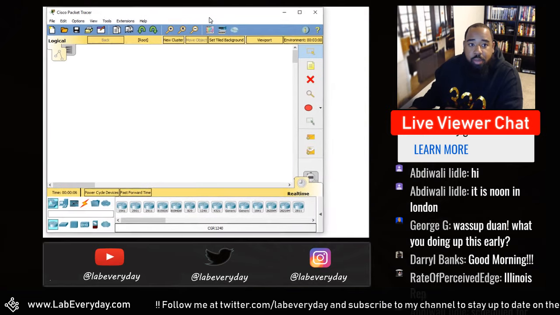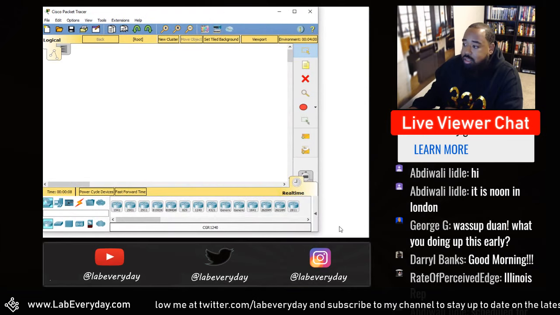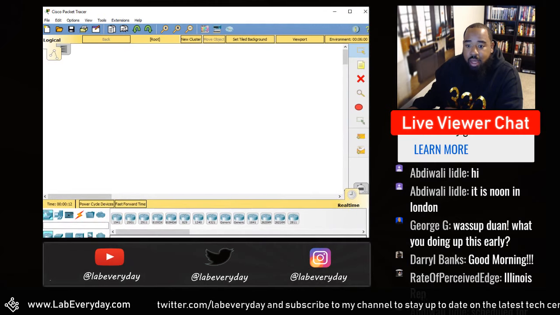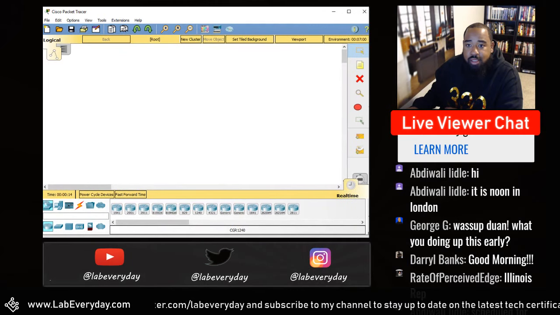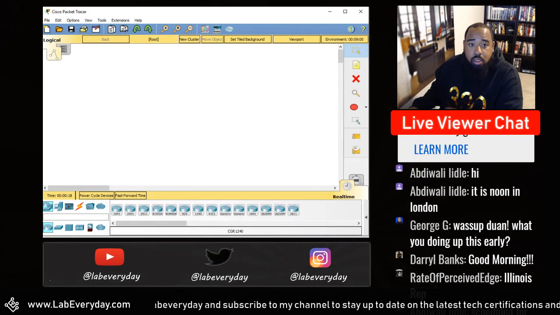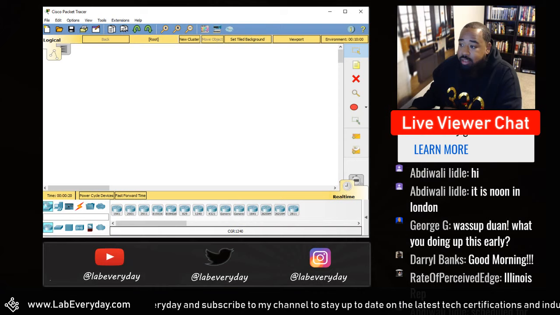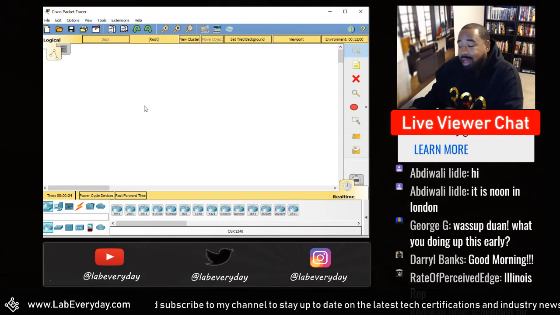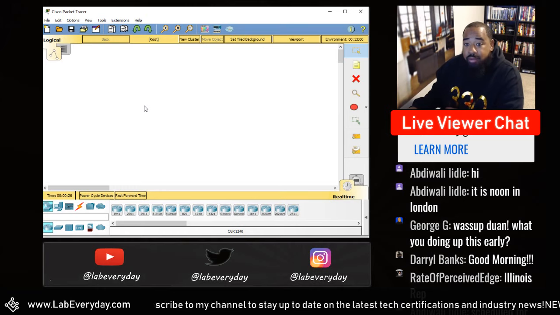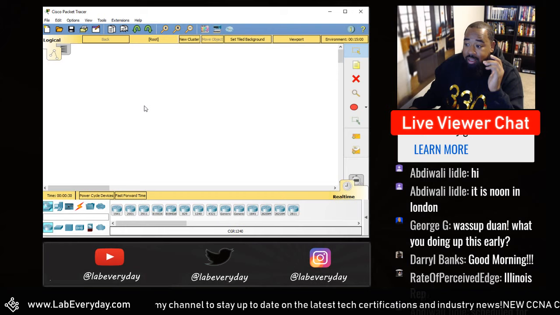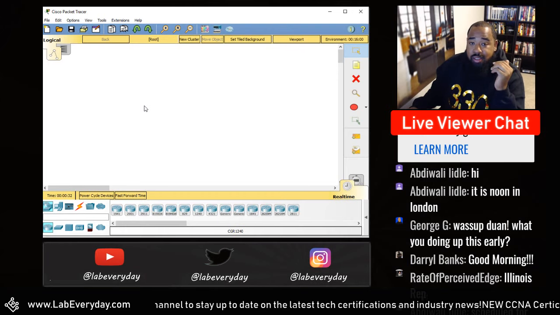So this is Cisco Packet Tracer. If you've never seen it, this is it. And I'll have a link, like I said, on how to download it. I've done a couple videos on how to set it up and some labs you can do in Packet Tracer. It's a simulated environment. It's not an emulated environment. So you're going to have a lot of the functionality that routers, switches, wireless access points, and wireless routers have,